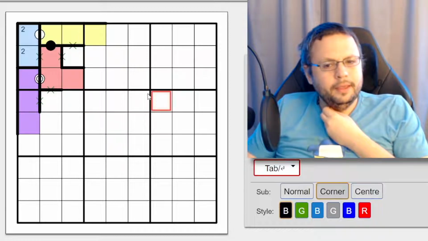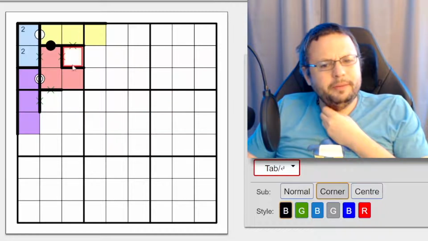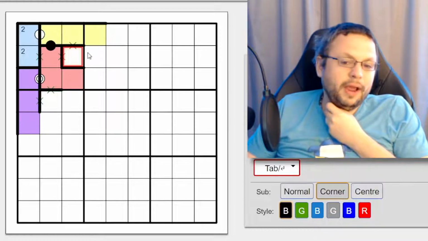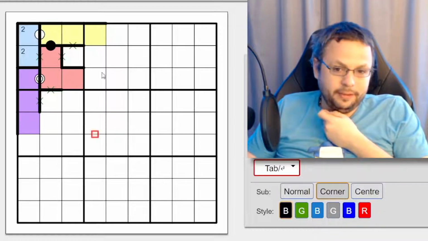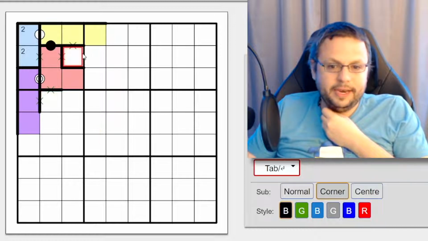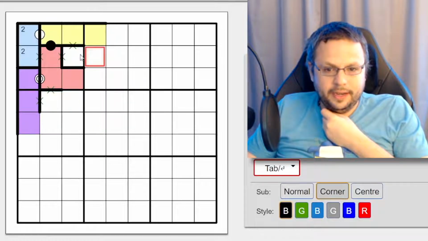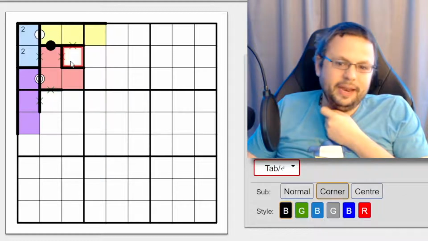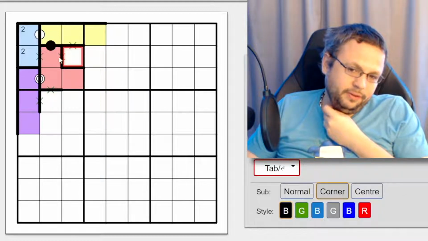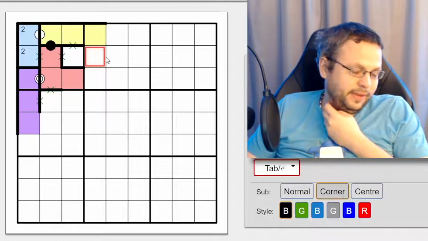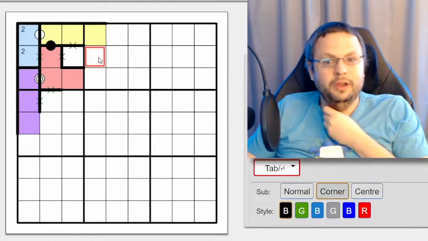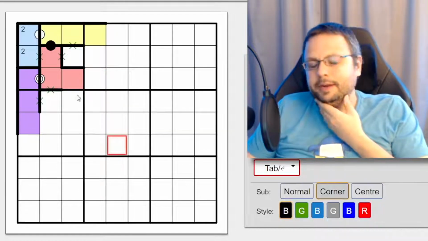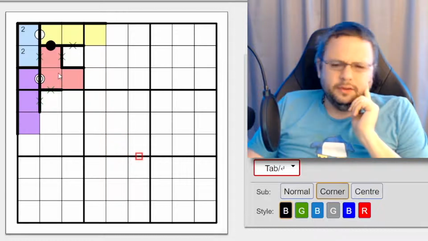Okay, so my brain keeps coming back to this cell and asking, can this cell be part of a cage? Is there a way I can answer that? Okay. So first of all, I want to note, I absolutely cannot put a dot here. Because if I put a dot here between these 2 cells, then again, it would force this to be a 1, because it would now be a 1-cell cage, and I'd need the cell to be a cage that summed to 2, but contained its size, and that combination is not going to work. So